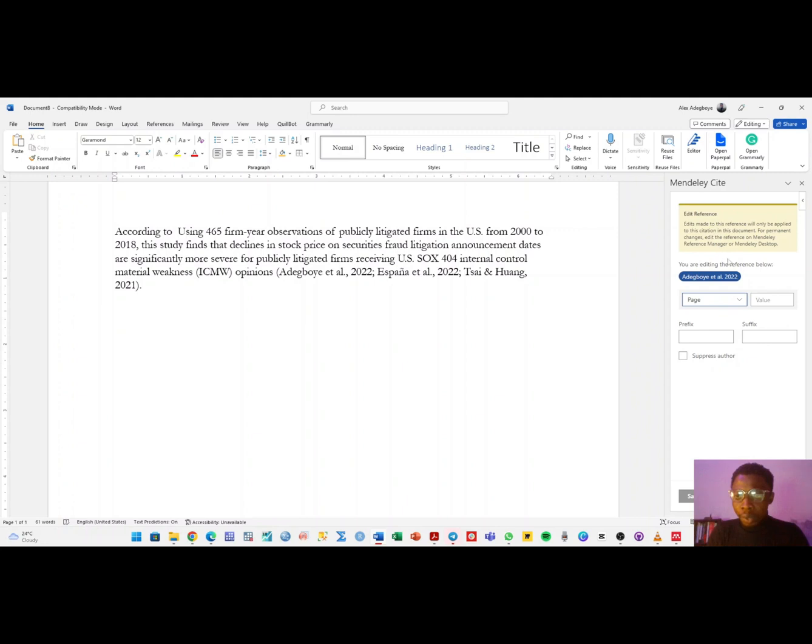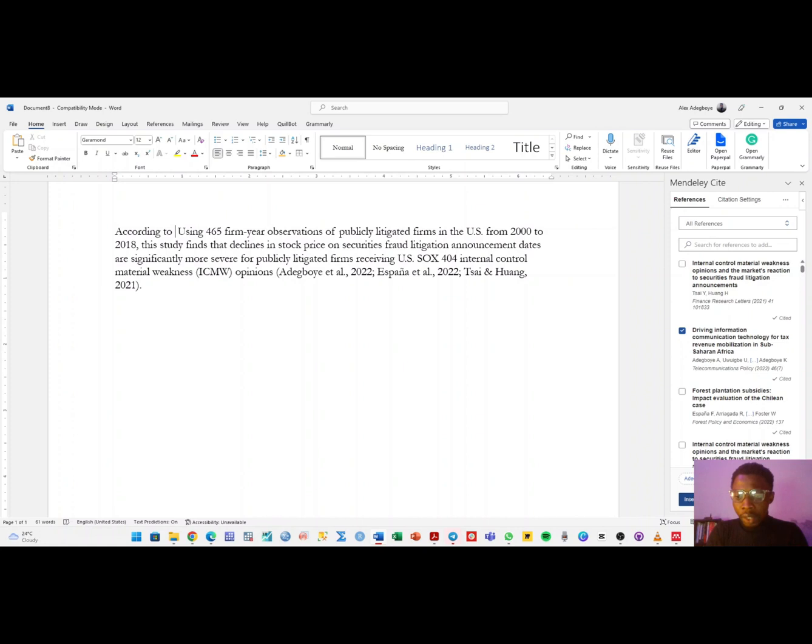It's going to take me to this profile. If it is a quotation, I will just put the page number here. So let's assume it's a quotation, page 120, that's where it is. So I will now suppress the author. Once I suppress the author, I will just come to save changes and also insert